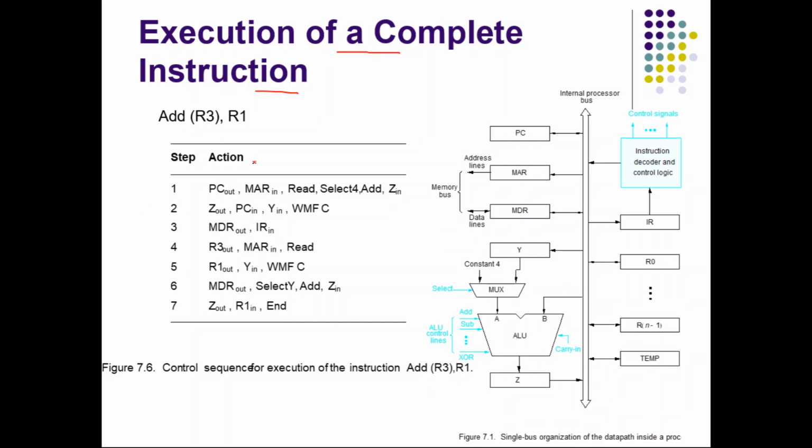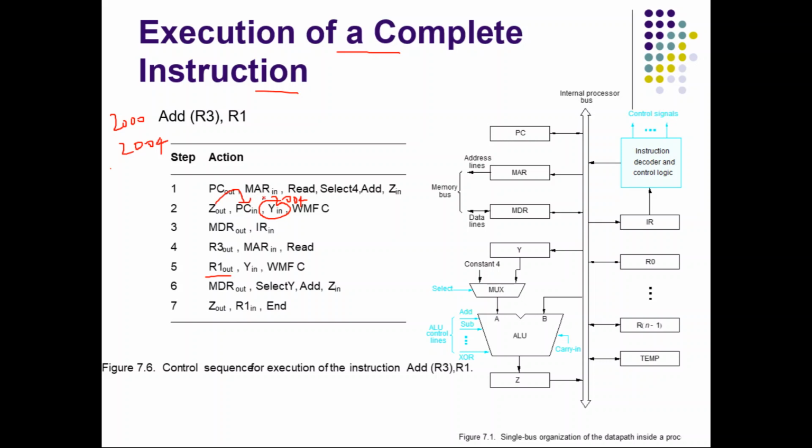See, in the previous case I want to say one thing. In Y in also we kept the next address. So initially I said that if this is 2000, the next address will be 2004. So in step 2, the 2004 we moved to PC, but 2004 we also moved to Y in. But later as per this instruction, we updated Y in with R1, or whatever it may be. Finally R1 came to Y in.